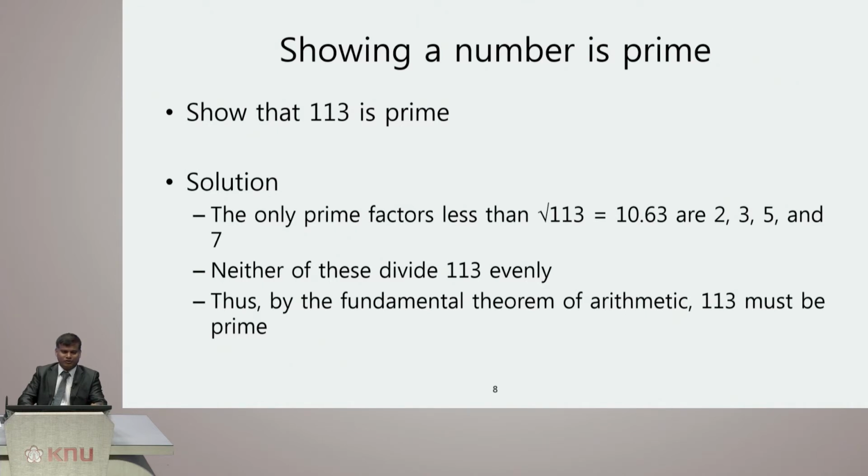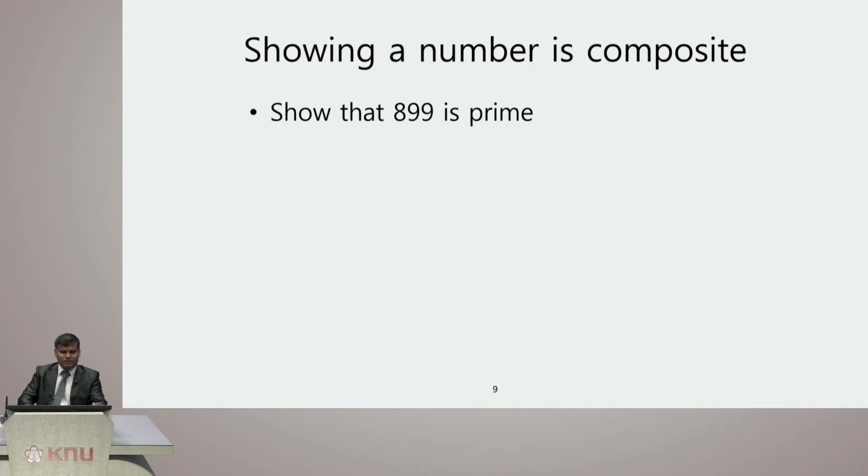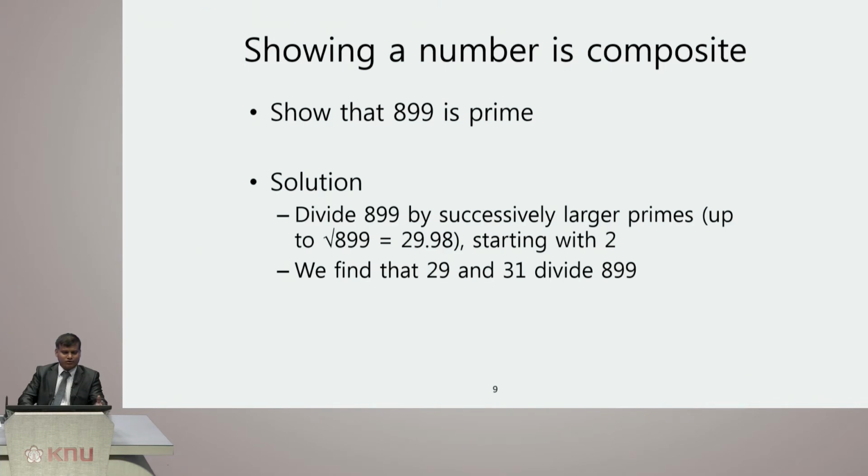That's the idea. Well, let's see another example. Let's say we take another number, 899, and see whether we can show this is prime. Let's follow the same idea. Let's take the square root of this number. So here is the square root of the number. Okay. The root of 899 is 29.98, and you are trying to see the numbers less than